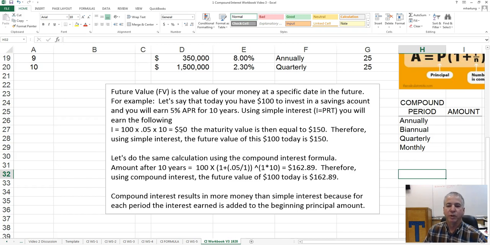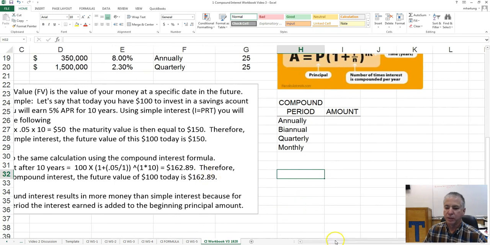So it's kind of a reverse of what was happening with our auto loans and our home loans. So this time, instead of decreasing our payment, it's going to increase the amount of money that we are earning through our investment or our savings account. Let's see how this might work. So we'll continue with this same example